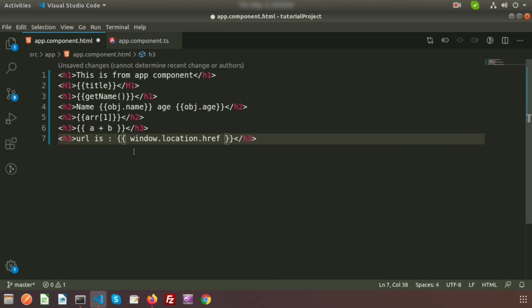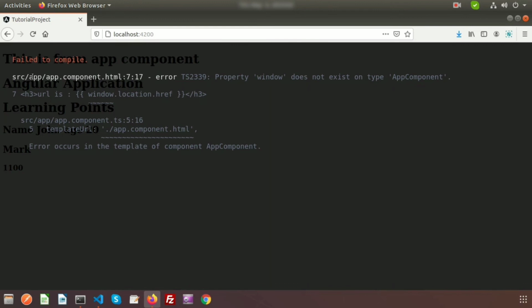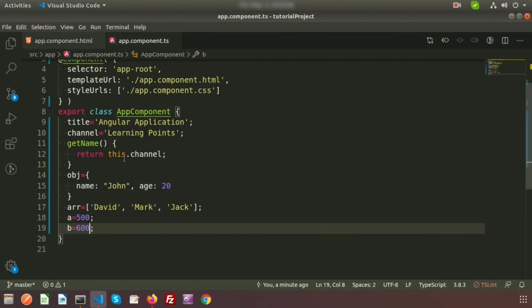So we know using window.location.href we can get access of current URL. So just save this and go to the browser. It is showing error. The property window does not exist on app component. So inside the app component the window is not known.